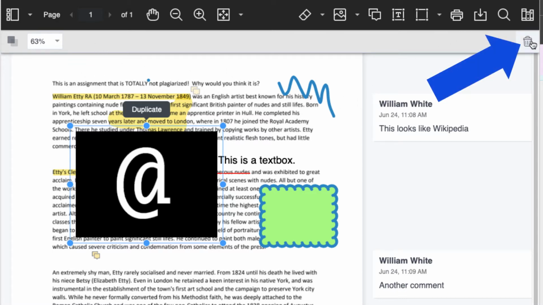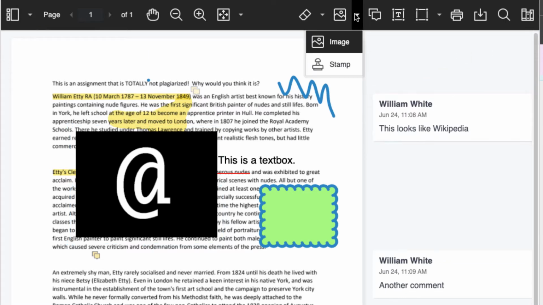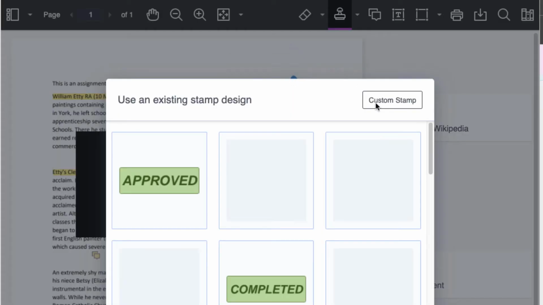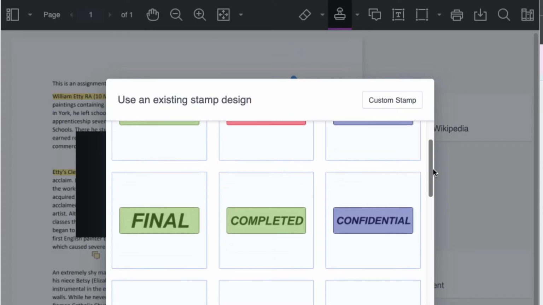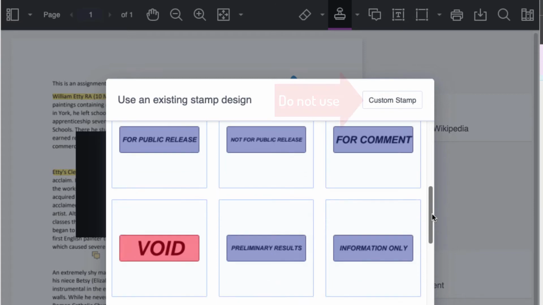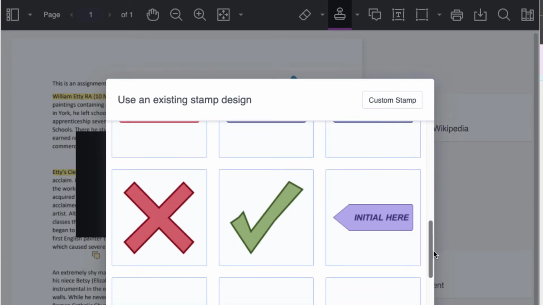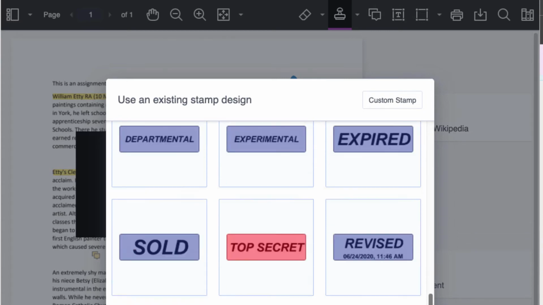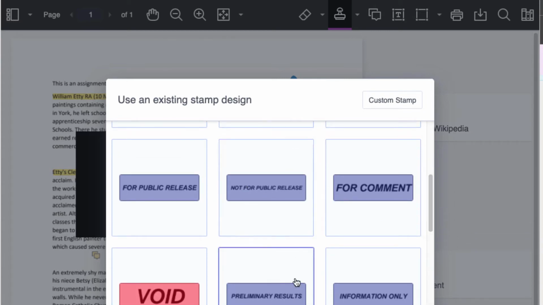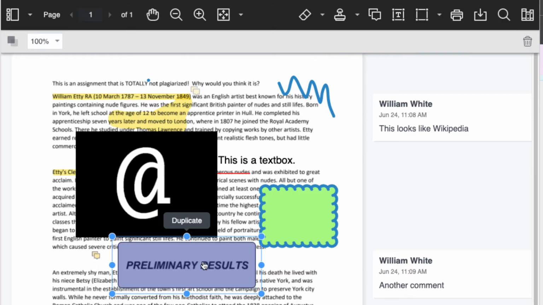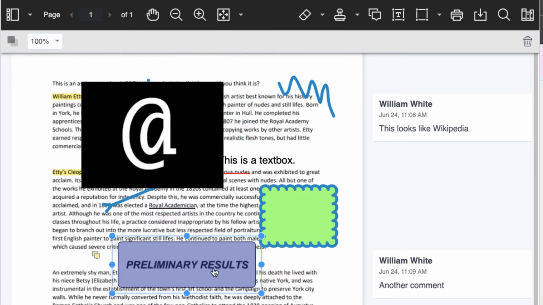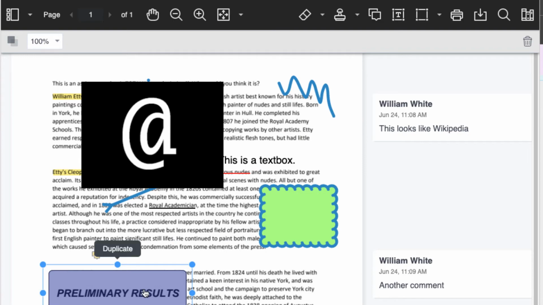If you don't like it, again, you can click the trash can, and that's pretty much it. Stamps are a little different. They're kind of pre-made pictures with various text on them. There is a custom stamp button here. I don't recommend using it because they don't go from document to document or from course to course. So there's a better way to do things that you're going to have to reuse, and we'll show you that a little later. But you just pick a stamp, and it pops in a picture that you can then drag around.